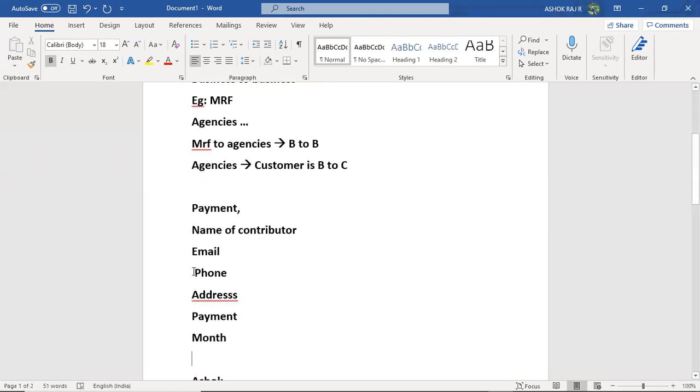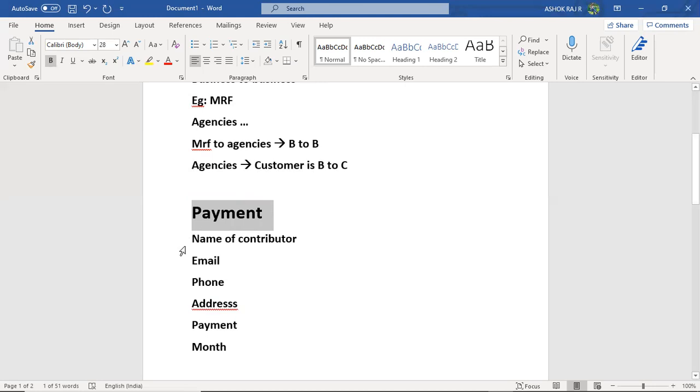Assume there is no relationship in Salesforce, and you are using an Excel sheet to fill in this information. Every time a payment happens, you need to fill in all of these details. But out of that, what are the details that are repetitive?